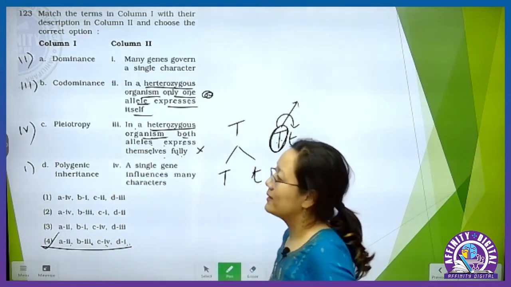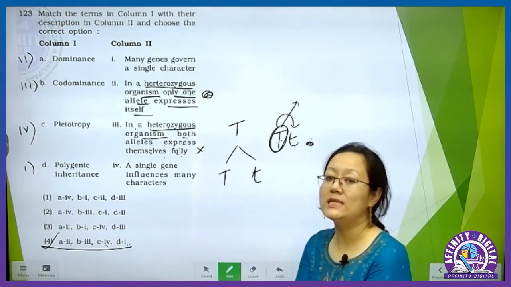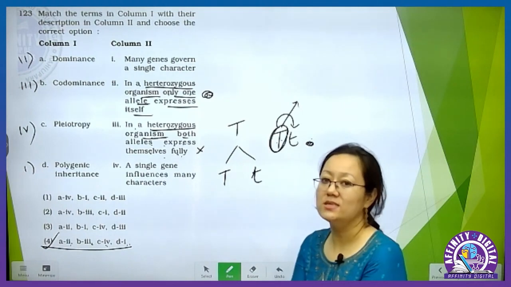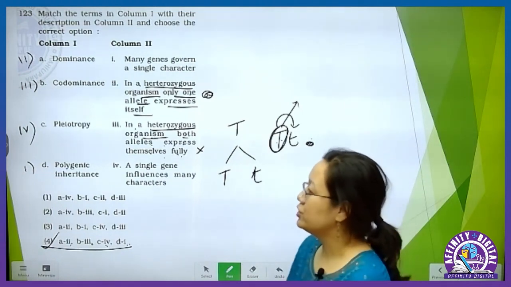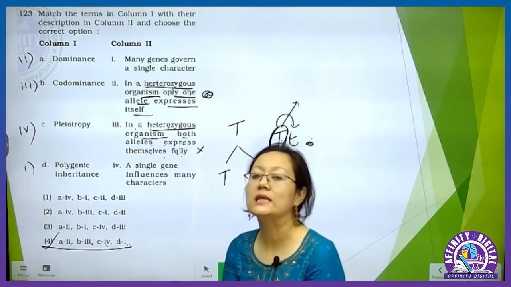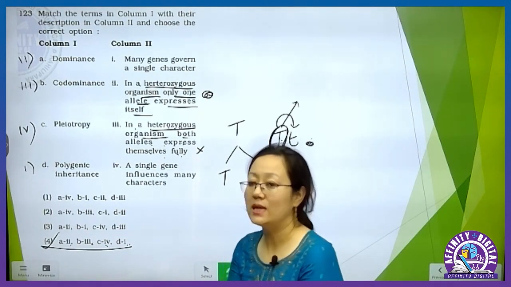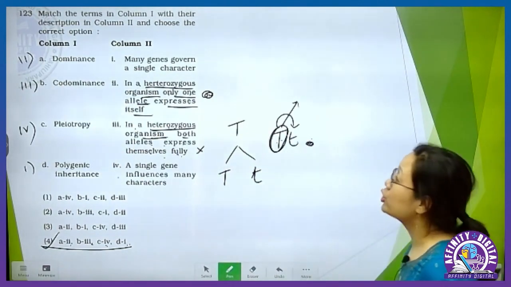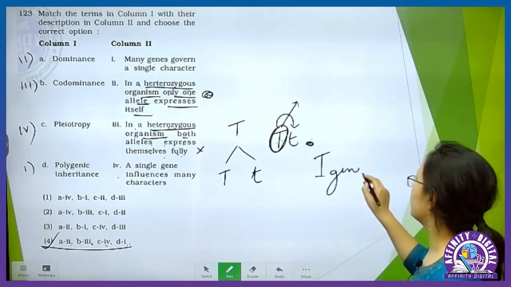Pleiotropy will be in your NCERT. It is given with respect to garden pea. One gene, the SBE gene, controls the shape of the seed and the starch grain synthesis at one time. So that will be a pleiotropy example. And polygenic inheritance in NCERT is given with respect to skin color, where 3 pairs of genes control the human skin coloration. And in case of codominance, here I'll explain the I gene, which